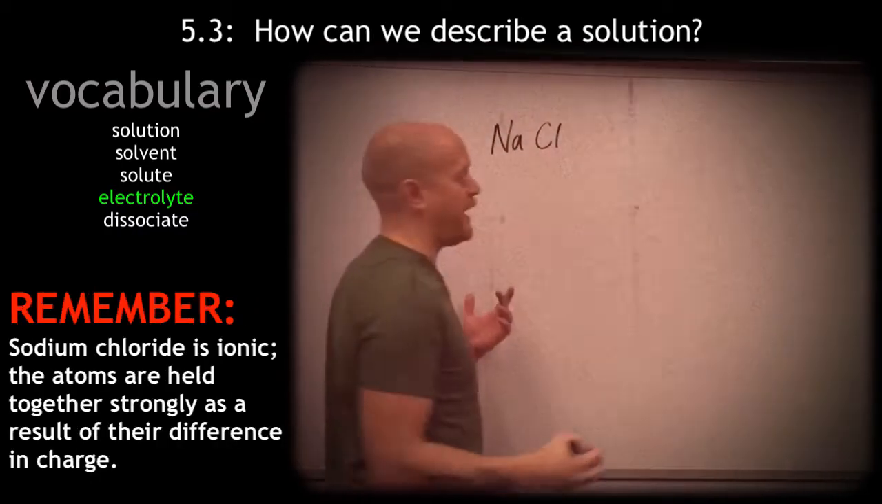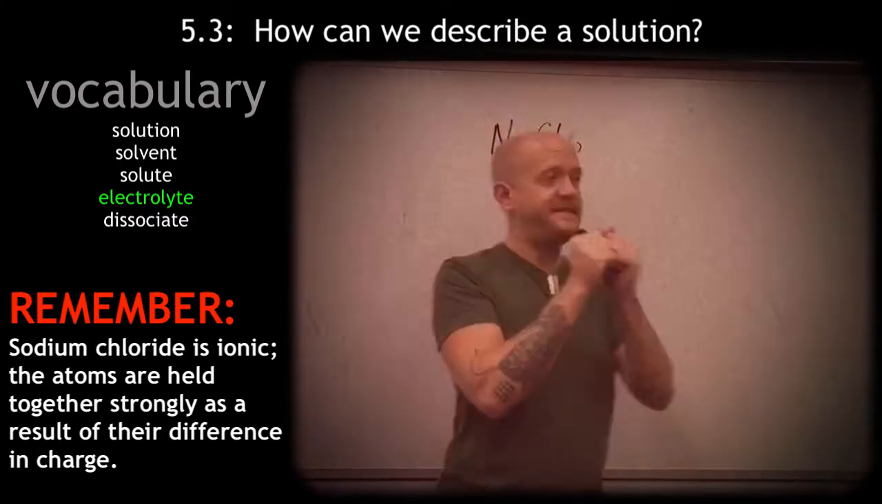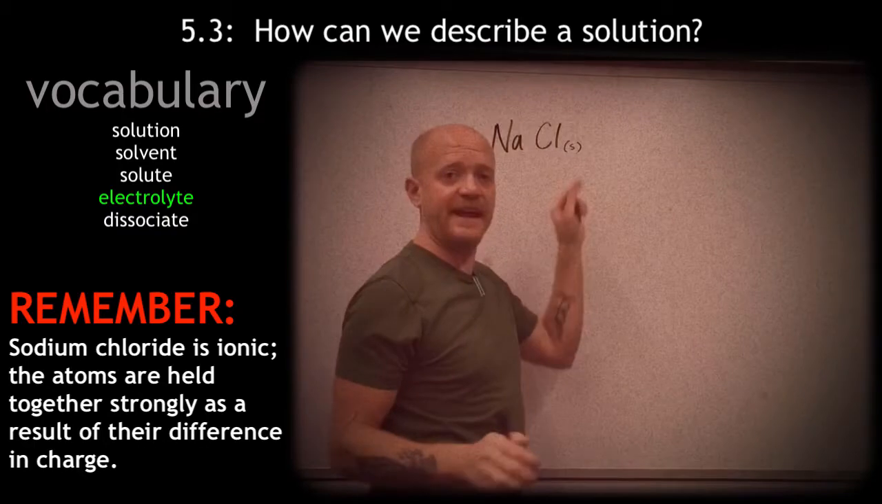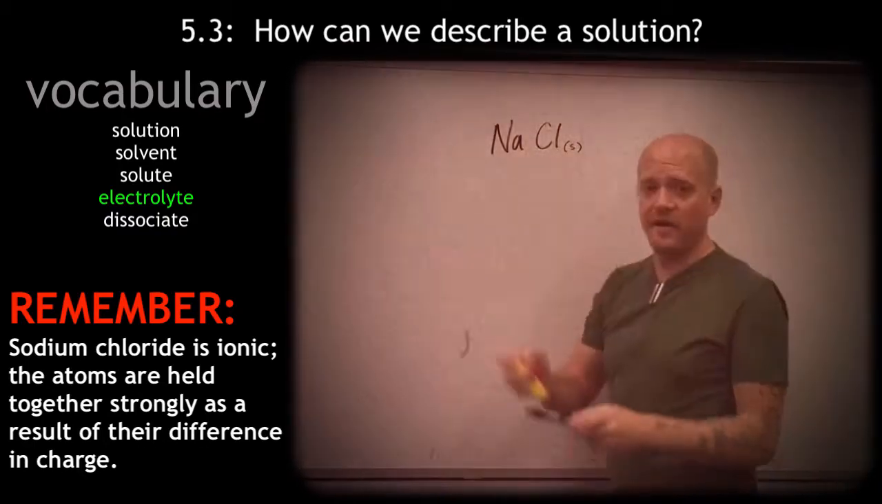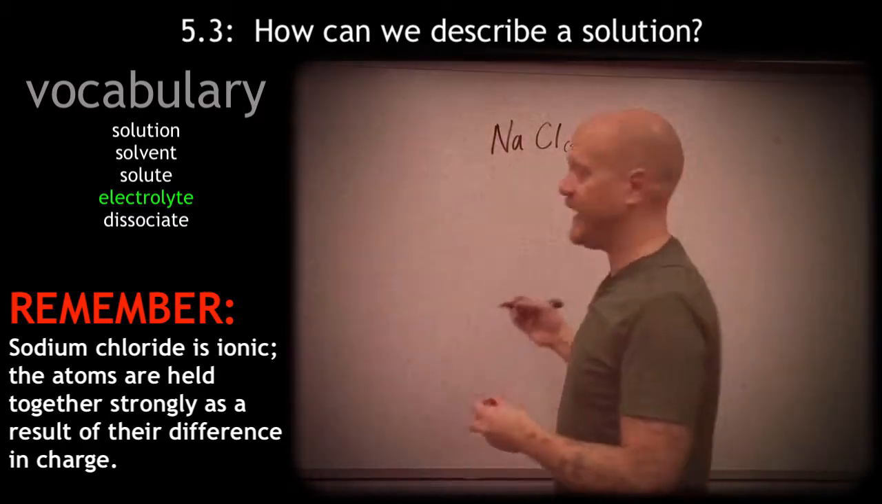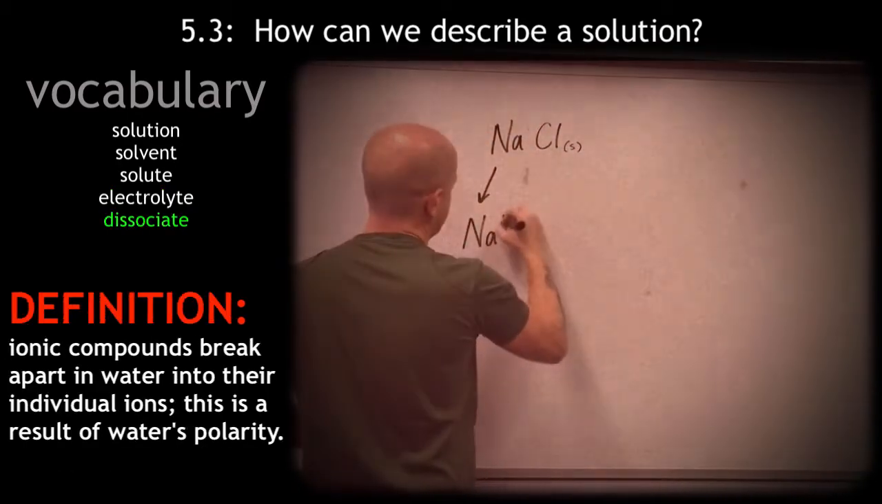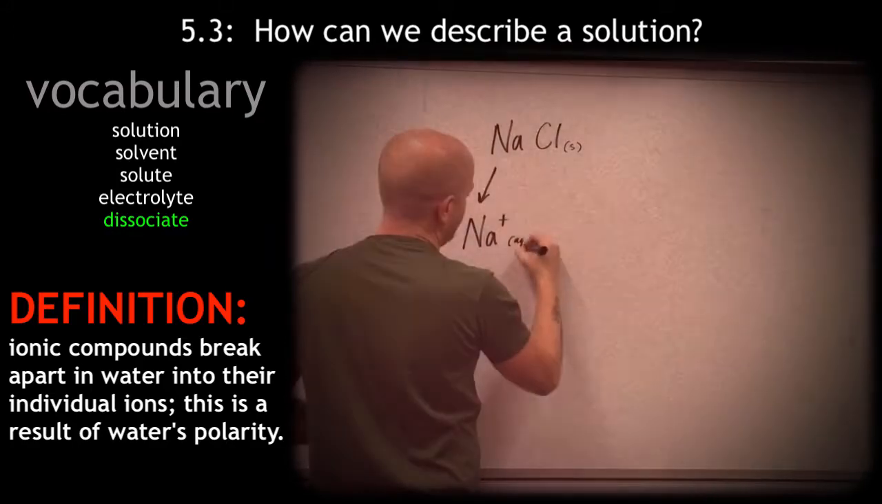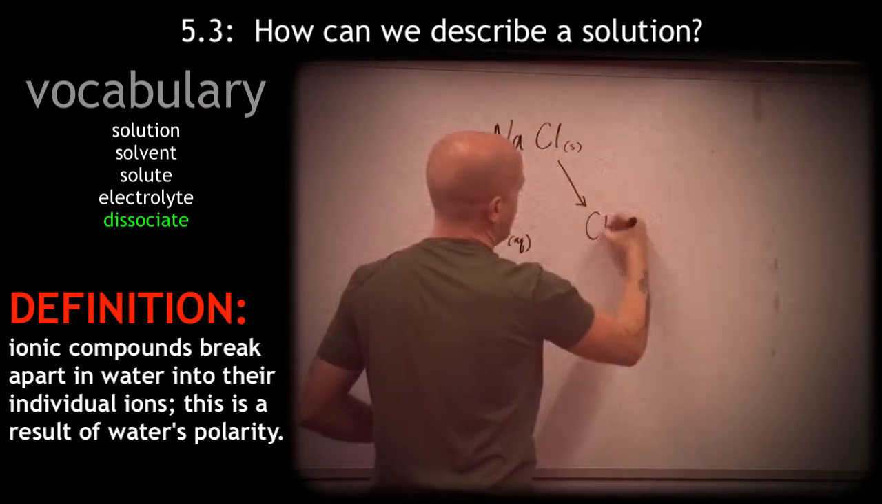Because when sodium chloride is in the solid phase, it's bonded together because we have a positive charge and a negative charge. Once we add this sodium chloride to water, it's going to dissociate, or break apart. We're going to have sodium ions in water, and we're going to have chloride ions